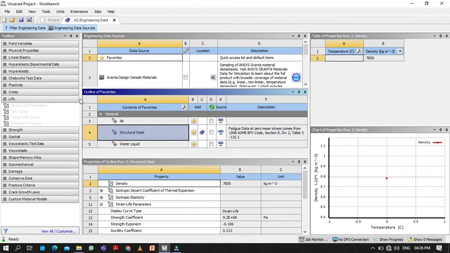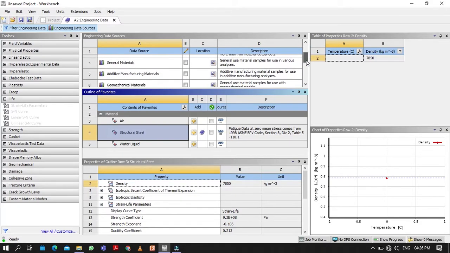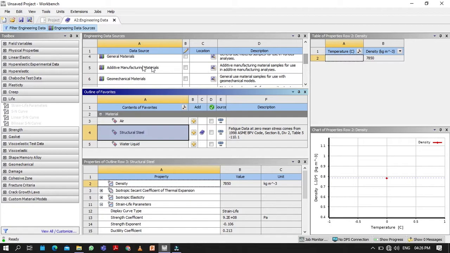Now you will see in this engineering data sources layout, there are 5 columns. First is this, second one is this, third one is outline of favorites, fourth one is the property, and the fifth one is the table of properties. So in this column you will see the group of materials like the Granta design, general materials, additive manufacturing materials. So if I click on the general materials,